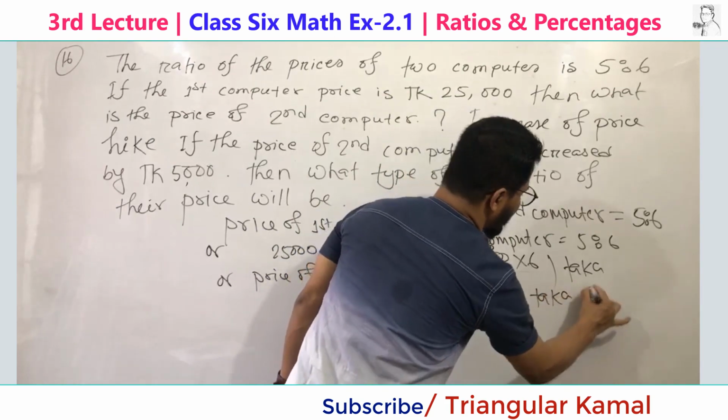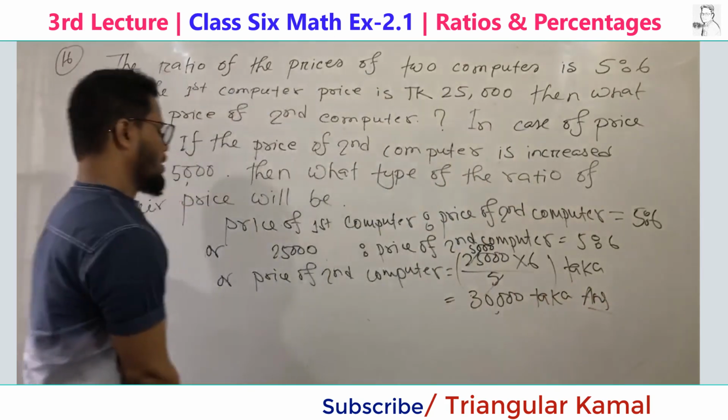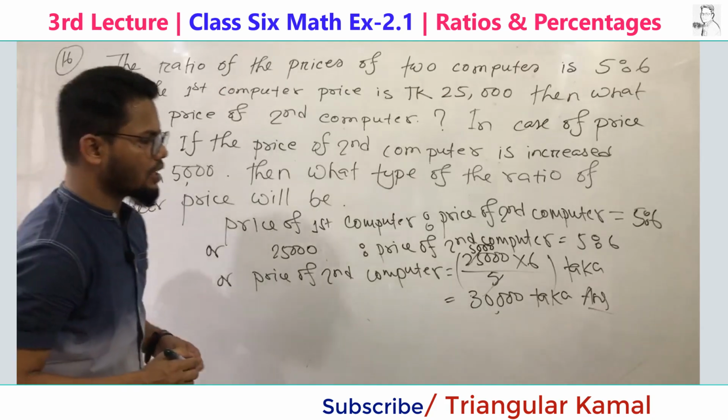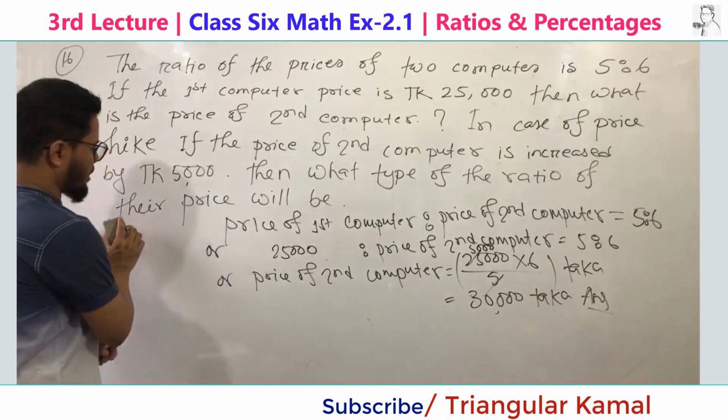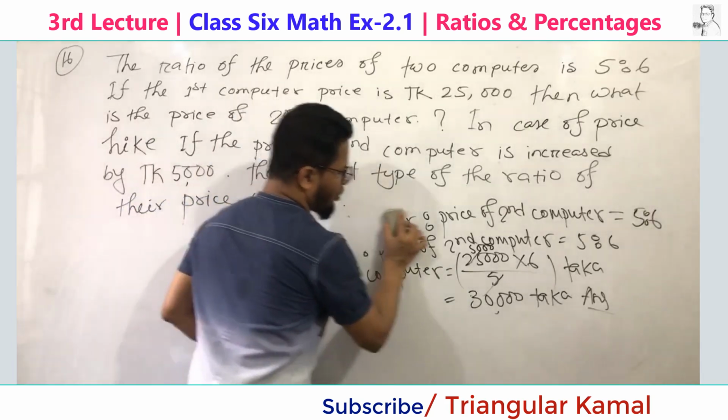The first part answer is complete here. The price of the second computer is 30,000 taka. But what is given in the second part here? So my dear students,